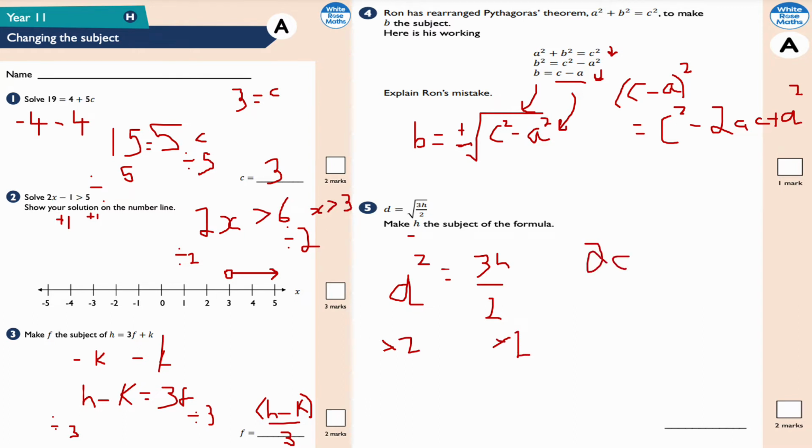Dividing it by 3 will get me the h by itself, okay, so 2d squared divided by 3 gives me the letter that I want, which is h, okay. And again, if I want to write it as 2/3 d squared, that's also fine, okay, but I'm going to just leave it as it is, 2d squared divided by 3, okay,